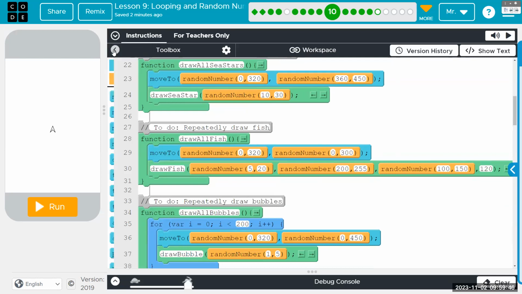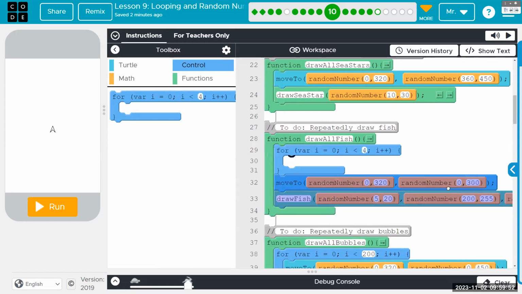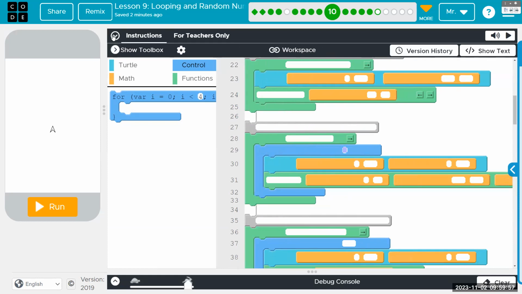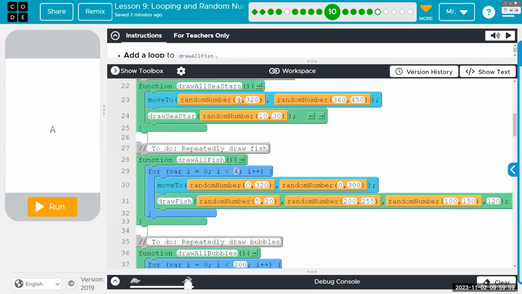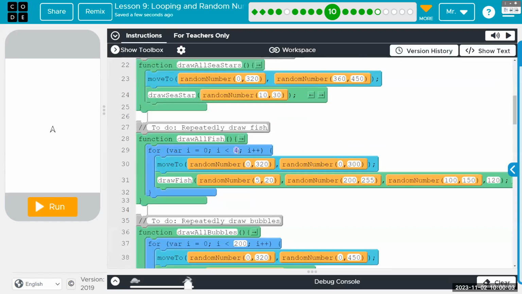We need to bring out a for loop. We're going to drag both those things in there and do this. How many times? Say, 15 or 20. There we go, 15 fish.